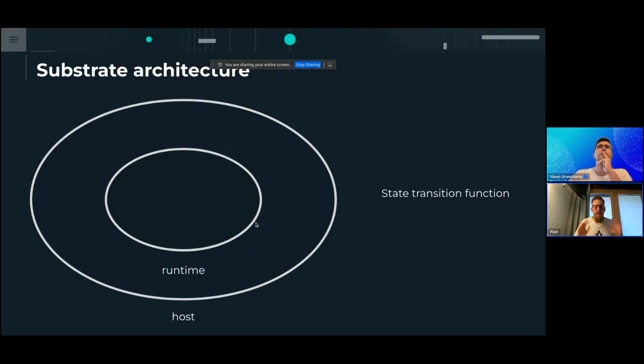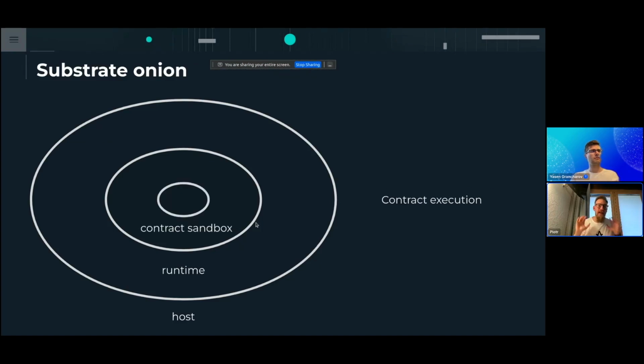Okay. For some reasons, this has to be spawned as a nested execution environment, and when the state is computed, the host receives the result and can update its own indexes and storage. However, if the transaction that came to us is a smart contract interaction, like instantiation or a smart contract call, for some reasons we won't get into here, the runtime has to spawn yet another execution environment, a sandbox